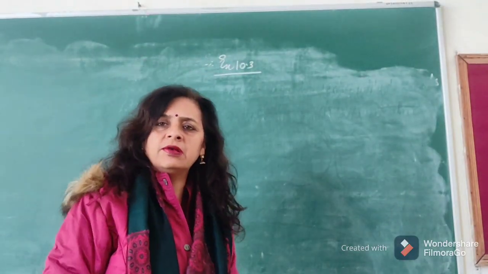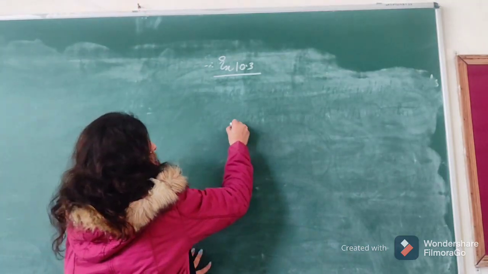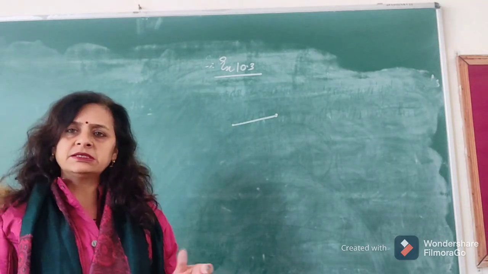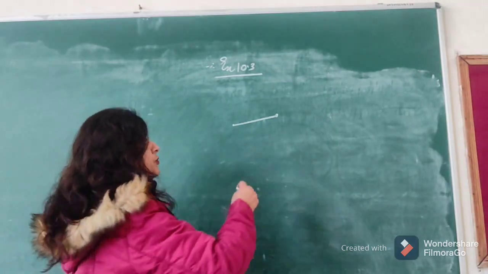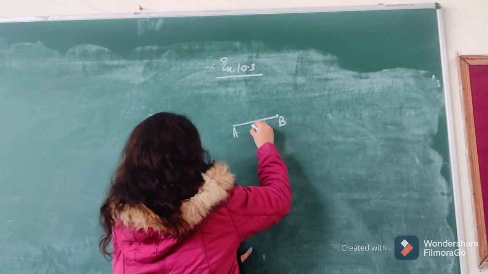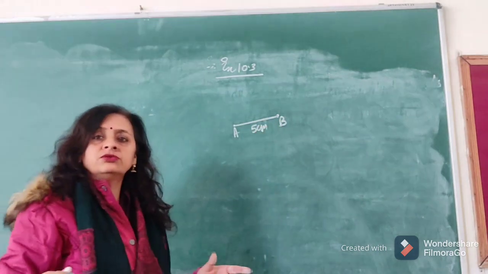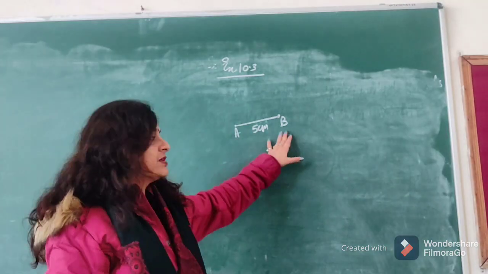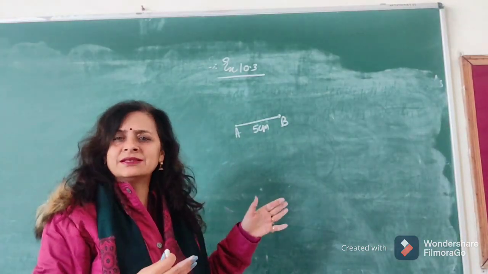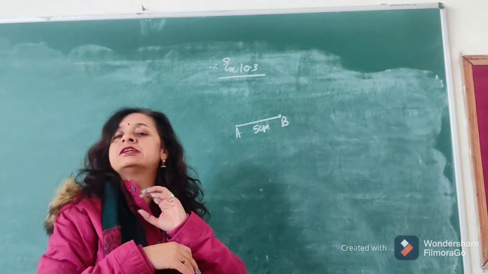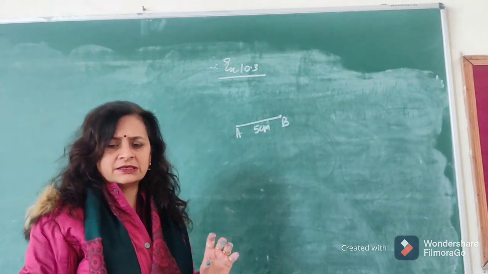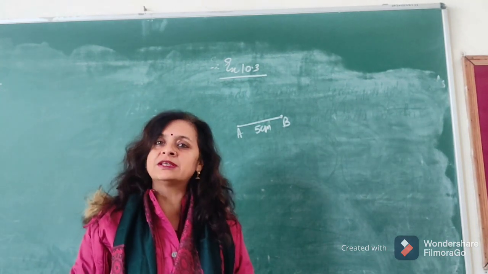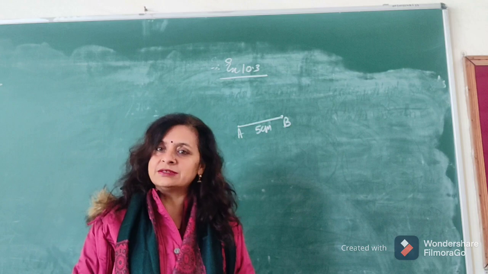In chapter 6, you have learned that 2 points are required to draw one unique line. This unique line means that if I give you 2 points at a gap of 5 centimeters and ask you to draw the line segment, then everybody's line segment will be of 5 centimeters. Everybody's is the same and nobody's is different. This is known as uniqueness. So since we are doing the chapter circles, my question is how many minimum points are required to draw a unique circle.